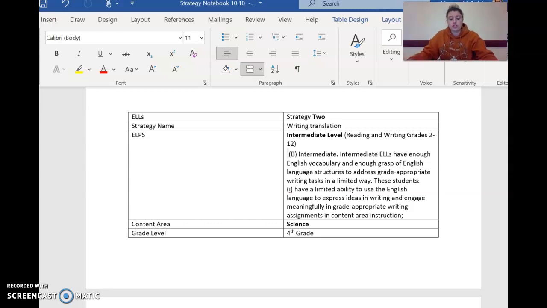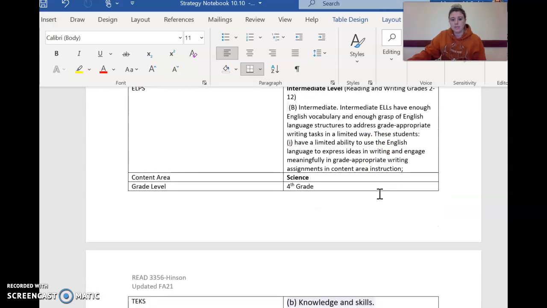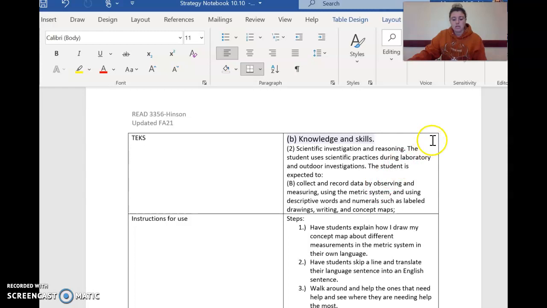For strategy 2, I am using the writing translation as the intermediate level strategy because they have more of a grasp of the English language, but not 100%. So they are still limited. So in this activity that we do, it is going to be based on the techniques of scientific investigation and